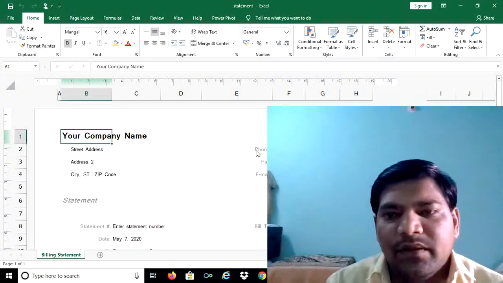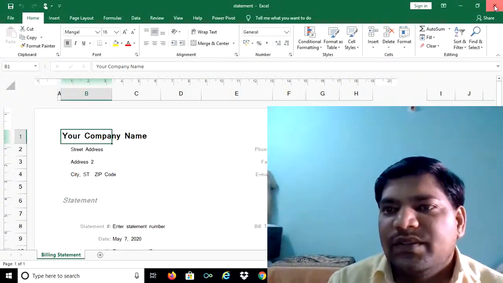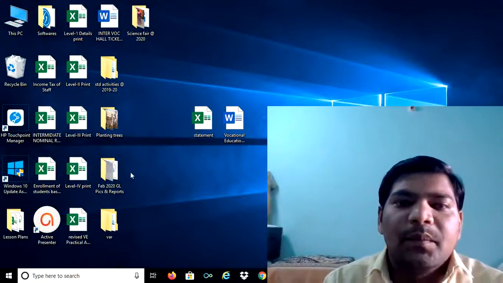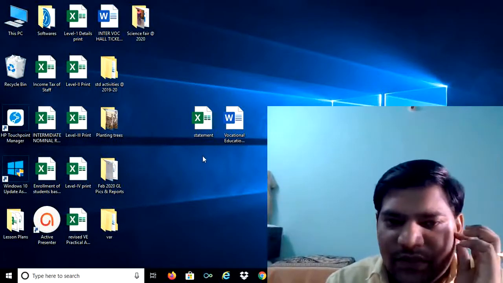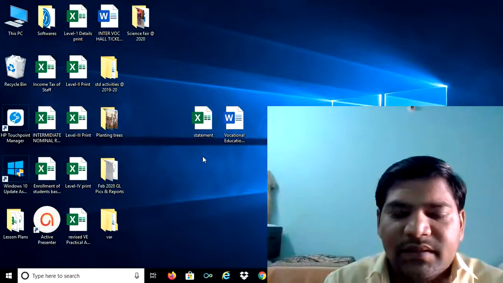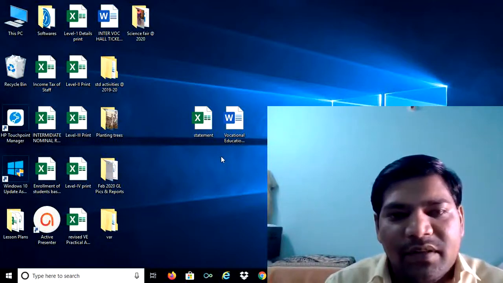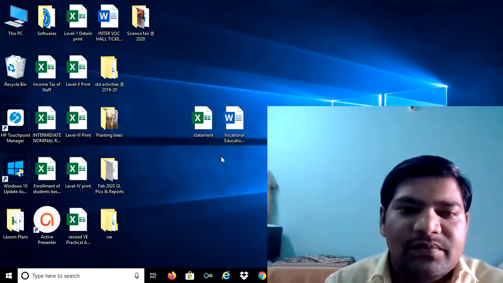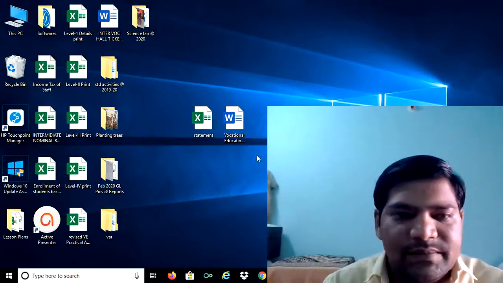So the file will open. From this we can understand that the file should be protected from others, and we should not give the passwords to other people, because the files are prepared by another person. Protecting the file by giving a password is mainly to prevent editing of the files.